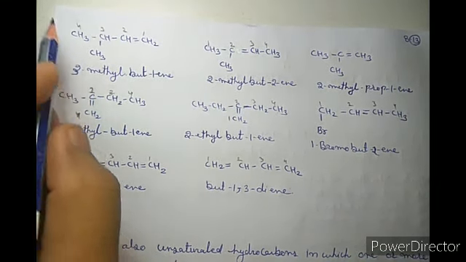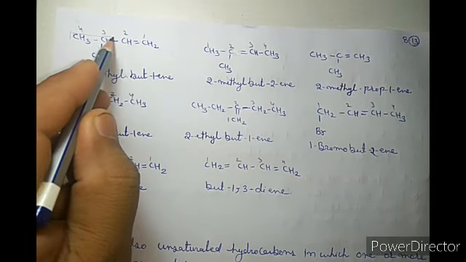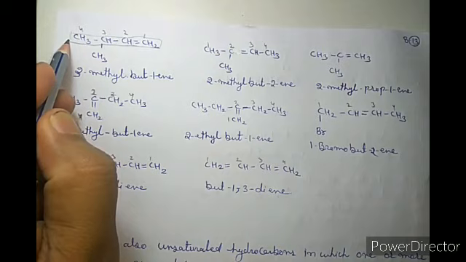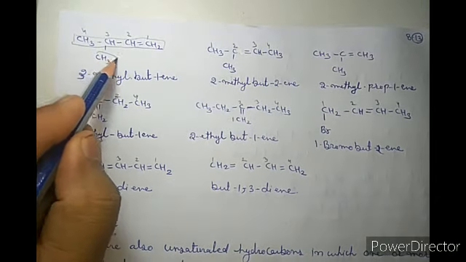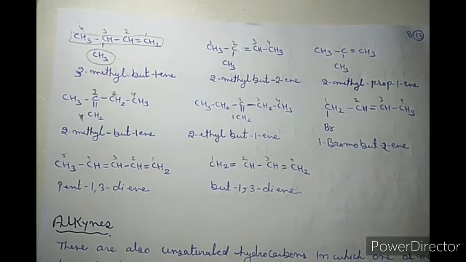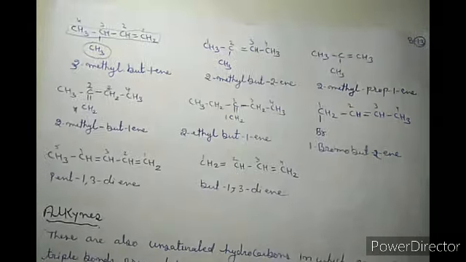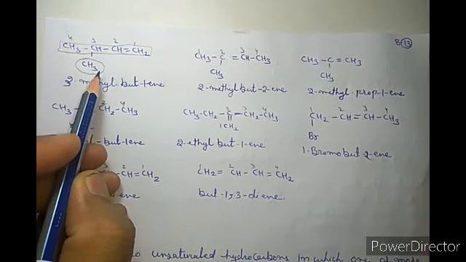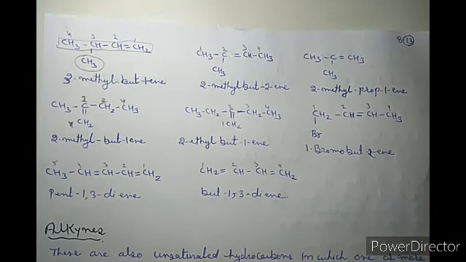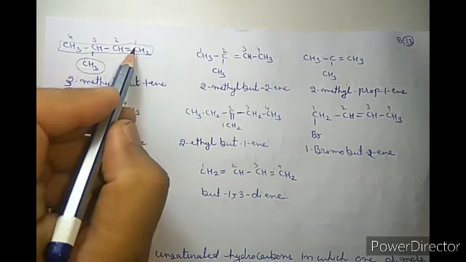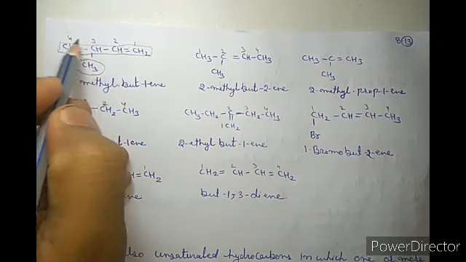Now this is our example. Here this is our longest chain. Got it? And this is a substituent. You know that the atom or group of atoms which remain outside the main chain are called substituents. Now we have to give the minimum number to the double-bonded carbon, so the numbering will be done from that side. So 1 2 3 4.